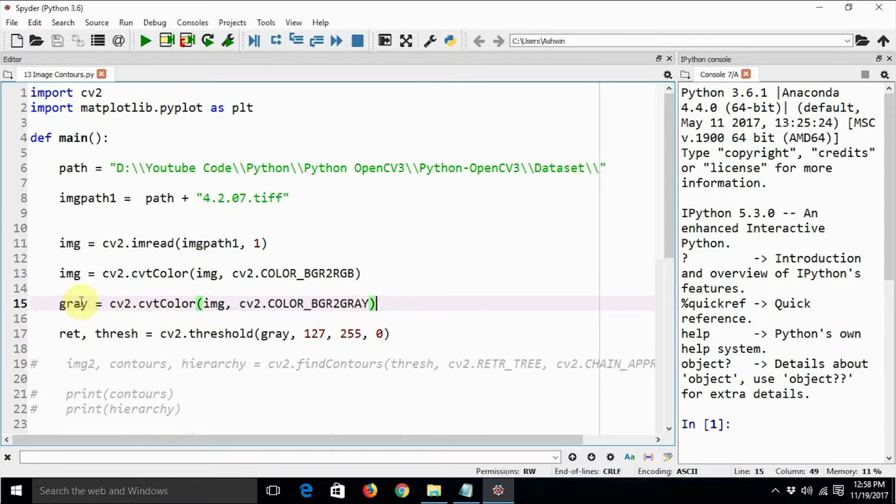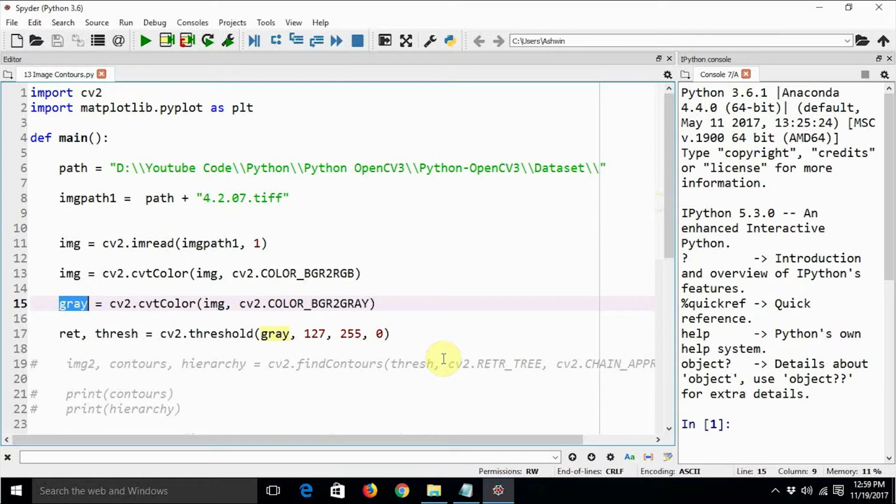Now the question that you might be asking is, why are we converting the image to grayscale? The answer is that we are going to find a thresholded image or a binary image using this grayscale image, and we all know that it's easy to get the binary image using a grayscale image.